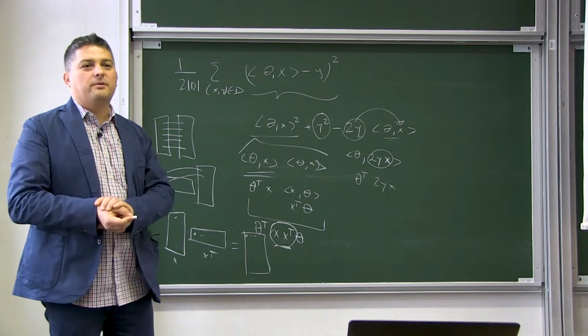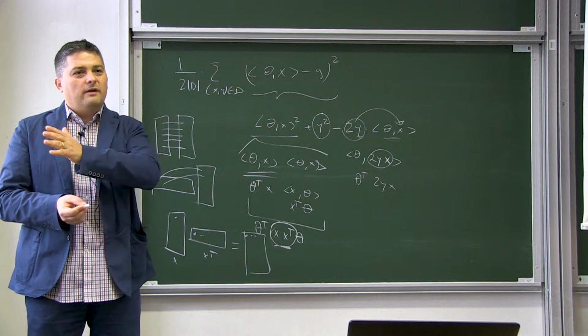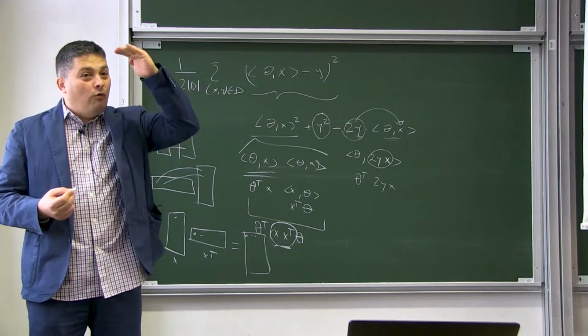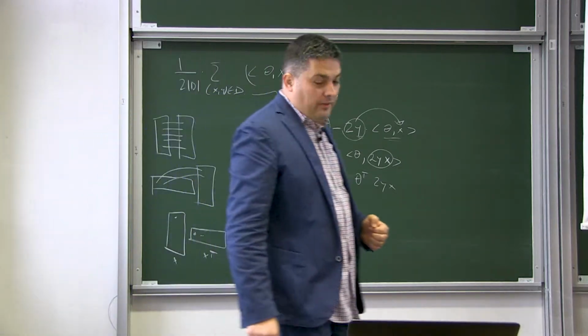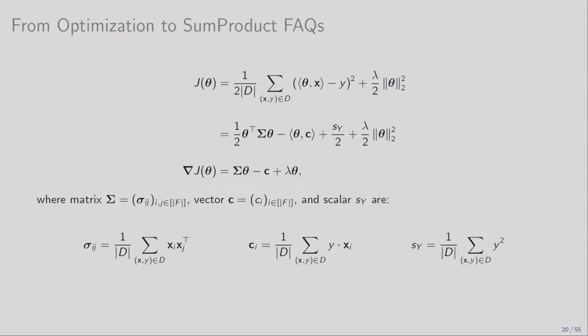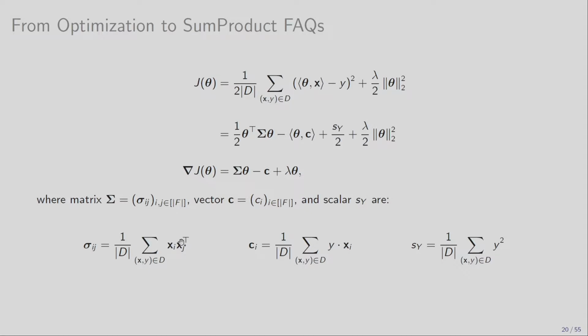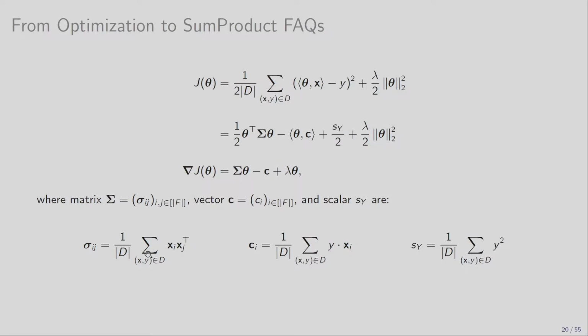So if x would be a vector representing, if you like, cities, country, various demographics, and so on, I take all possible combinations of them, okay? And I take them over every single sample, so I sum over the sample space. And that is exactly what happens here. So what happens here, right, is I take all possible indices xi, xj, and then I take them over the size of the training data set, and obviously I have to sum up over all the elements in this training data set. Is that clear?